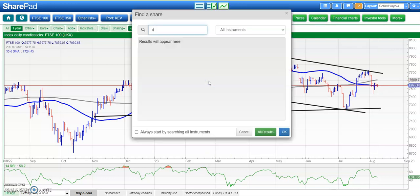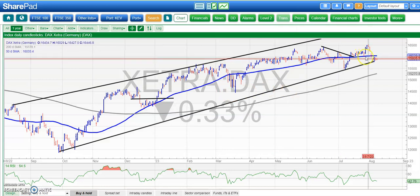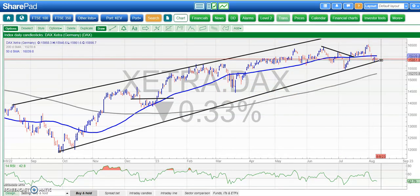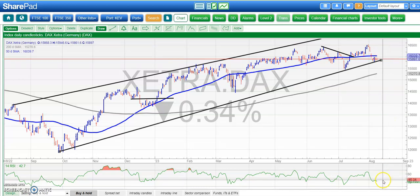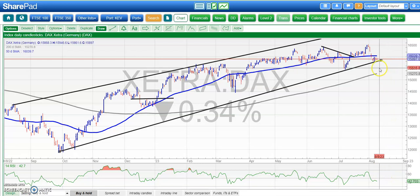Moving on to the DAX, and here you can see that we're still teetering on the floor of that rising trend channel from August last year. The level there, 15,700, let's say. While we're above that, then we're still hoping for a retracement back to the highs of the last couple of weeks, as high as 16,500. But the RSI at 42, it's rather difficult to rule out a retest at least of July support, just below